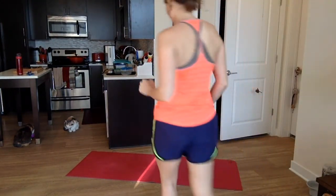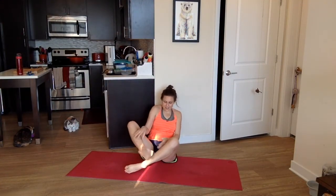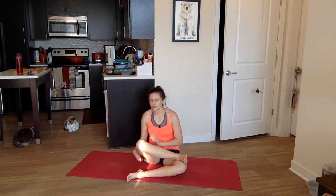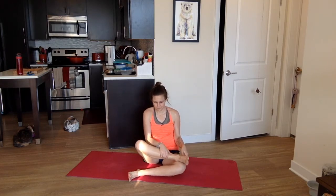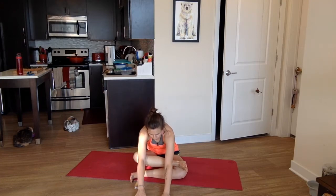There we go. Okay. So, as I was saying, the space might go away. If not, don't worry about it. If it's really bothering you, you can always place a pillow, a rolled up t-shirt, a blanket in this space. Totally cool. So from here, we bring our hands through center and just start to walk the hands forward as